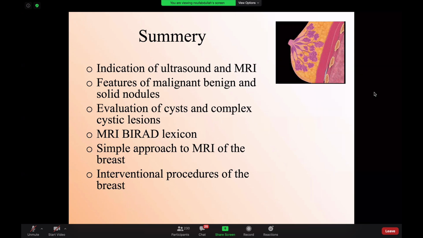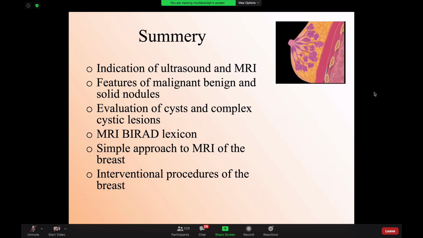Okay. Dr. Yasser is asking, can we BI-RADS each breast differently? That's what I usually advise, because sometimes the BI-RADS is benign on one side and malignant on the other side. So I give a BI-RADS for the right and a BI-RADS for the left. Okay, so many questions. Dr. Abdelmalik is asking, is there any difference between malignant features on ultrasound between males and females? It is the same for both.